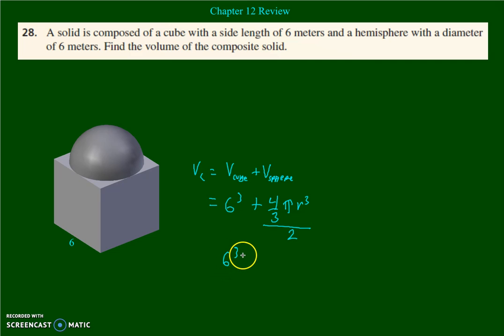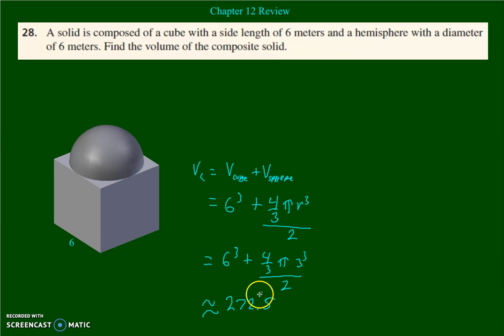So that's 6 cubed plus 4/3 pi 3 cubed divided by 2. All right. This will give us an approximate volume of 272.5. Now, if you're checking your answers in the back of the book, you'll notice that the author gives